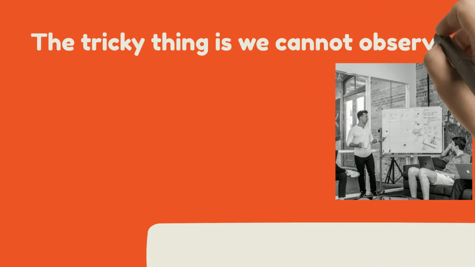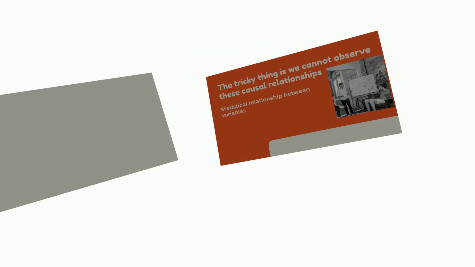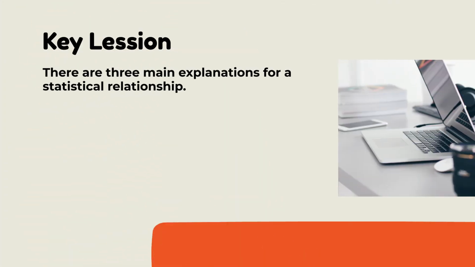Now the tricky thing is we cannot observe these causal relationships. The only thing we can observe is a statistical relationship between variables, such as, for example, that as the number of friends increases, depression decreases. And we always need to keep in mind that there are these 3 causal mechanisms that could create this statistical relationship. Okay, the key lessons of this video are, there are always 3 main explanations for a